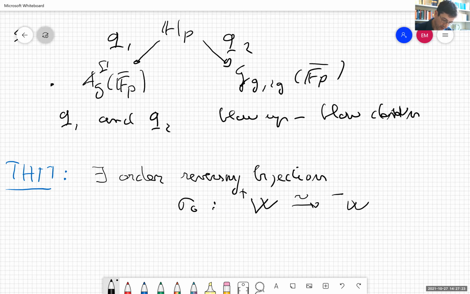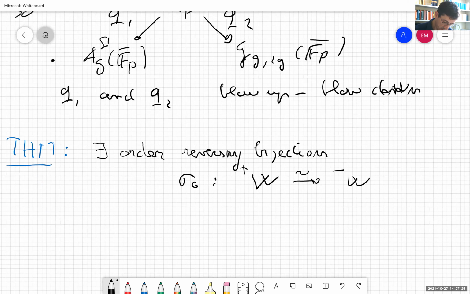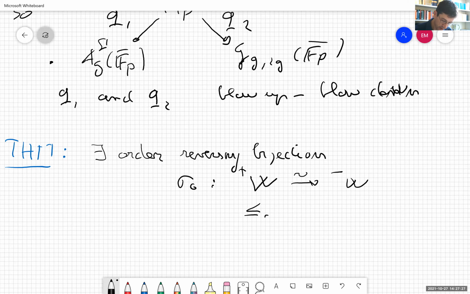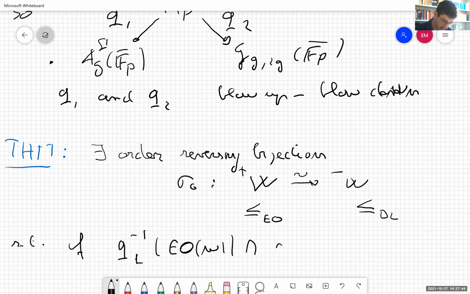Order reversing, where on the left-hand side we consider the Ekedahl-Oort order, and on the right-hand side we consider the Deligne-Lusztig order, okay? Such that if the inverse image of an Ekedahl-Oort stratum intersected with an inverse image of the Deligne-Lusztig stratum is different from empty,